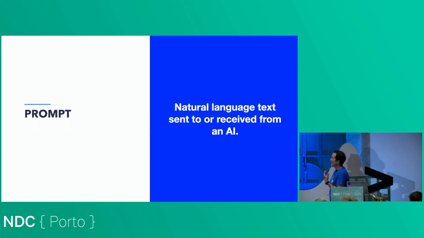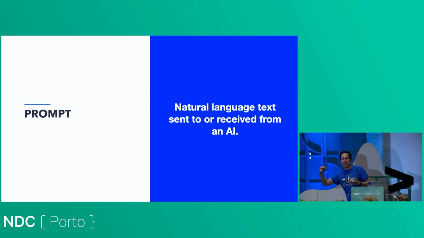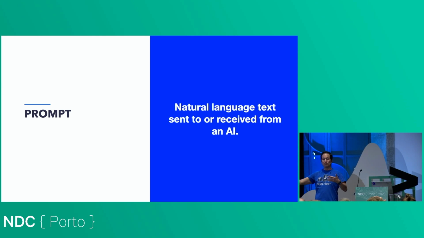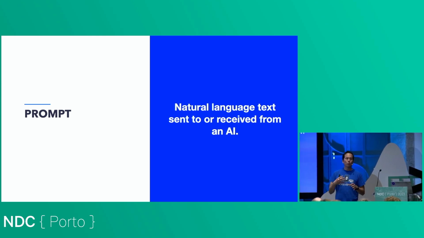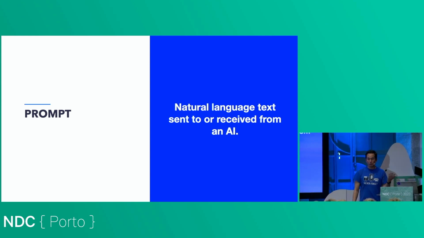So the prompt is natural language text sent or received from an AI. And I mentioned received because, as you saw, how it generates text, it takes each thing it generates and puts it back into the prompt. And so if you ever use GPT and you know there are prompt limits, that limit is for the entire thing. So it's the input plus the generated output. When you're figuring out your prompt limits, you need to work some logic into there to make sure that you leave enough room for the output, so that your prompt doesn't get too big. Plus, those tokens cost money.